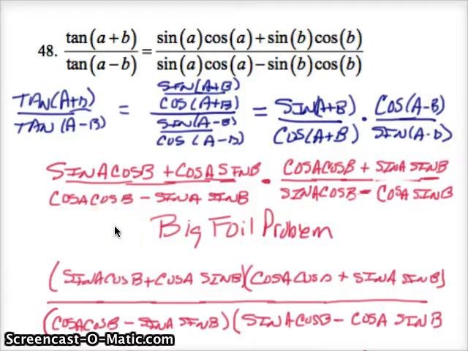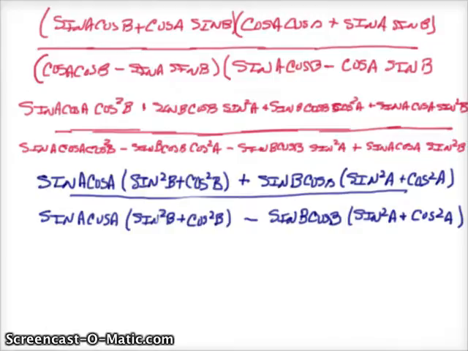And then I used the sum and difference identity to write out the sine of A plus B. There it is right here. Cosine A plus B, cosine A minus B, sine of A minus B. And then we have a huge FOIL problem. In other words, it's a binomial times a binomial over a binomial times a binomial. Okay? After a whole lot of writing,